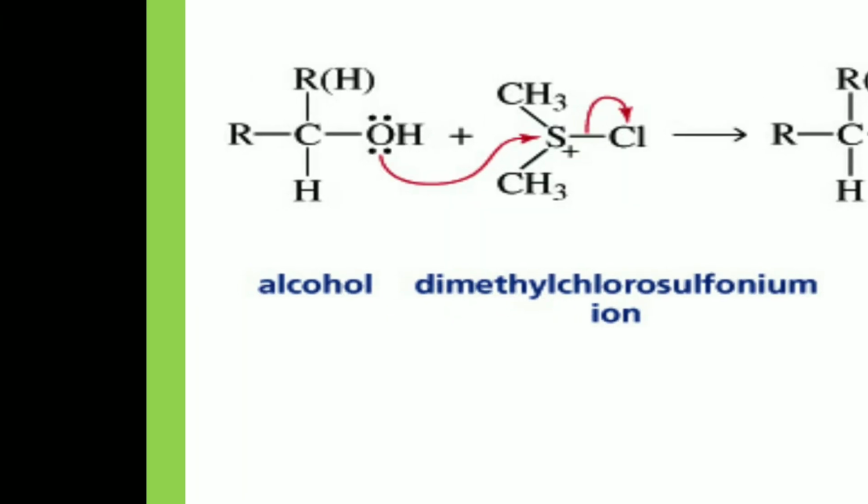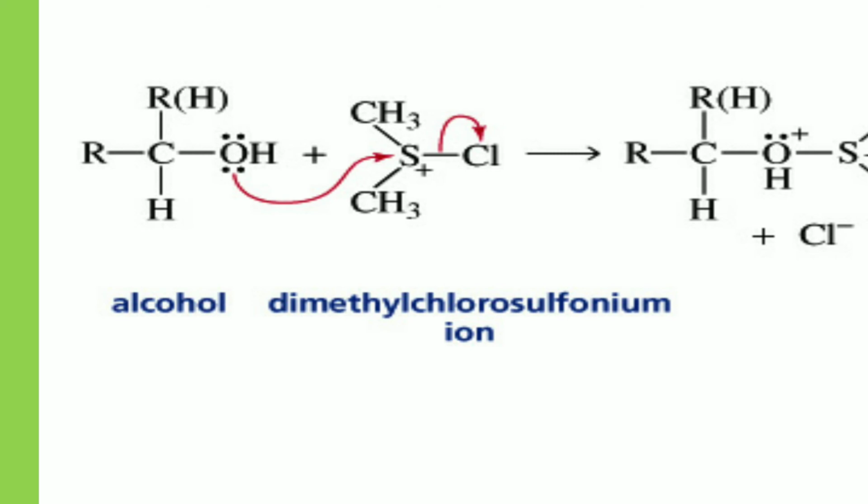Here we take alcohol. This alcohol may be a primary alcohol or a secondary alcohol. Here there is an R group. If this is a primary alcohol, then hydrogen is present. That means if you want to prepare the aldehyde, you take hydrogen here, and if you want to prepare the ketone, you take the R group here.